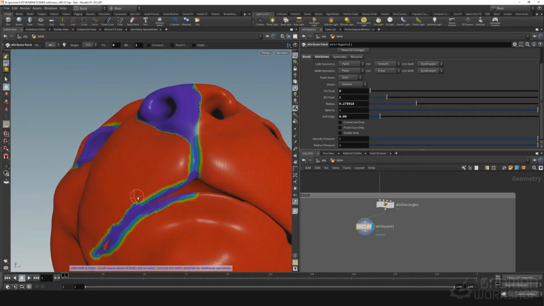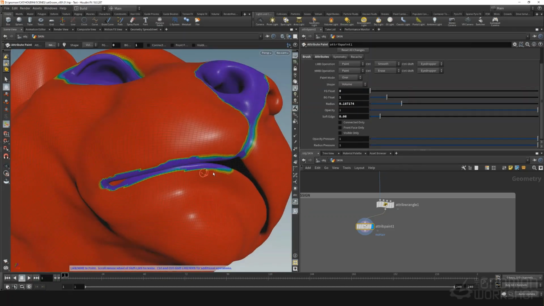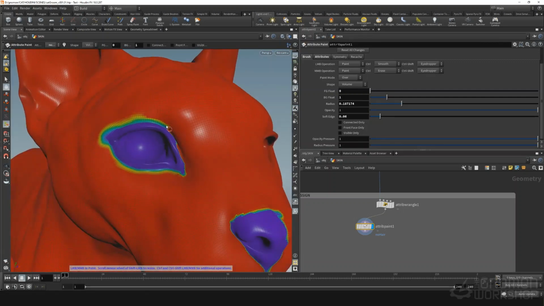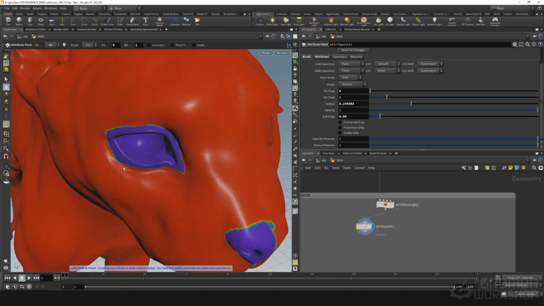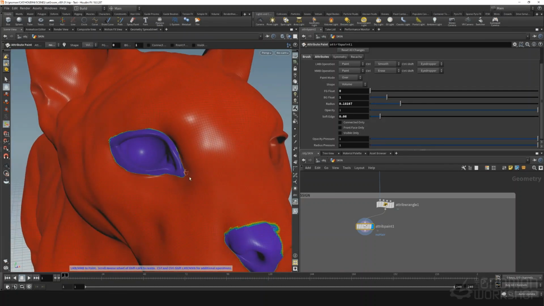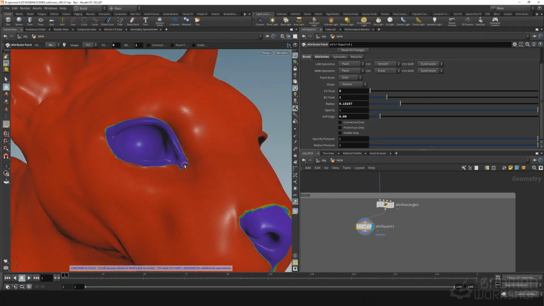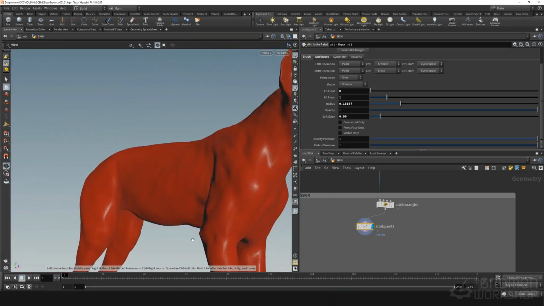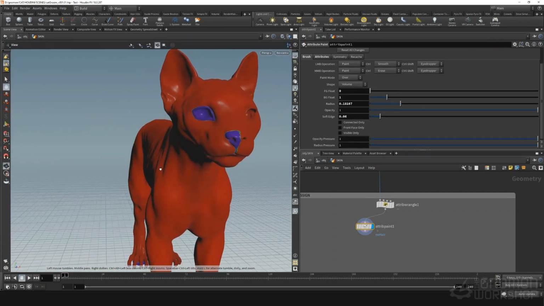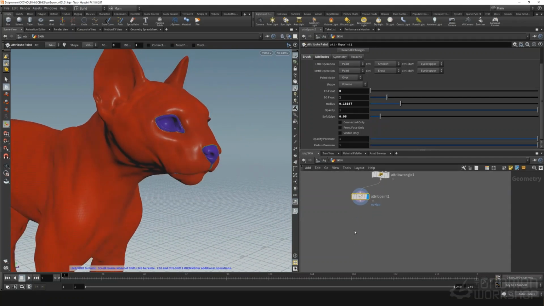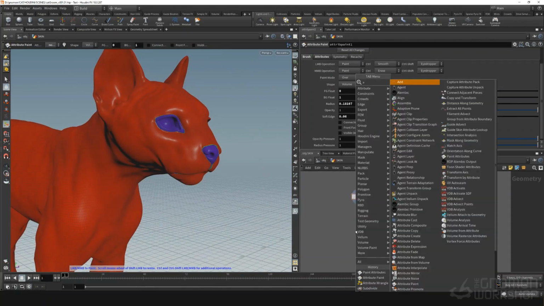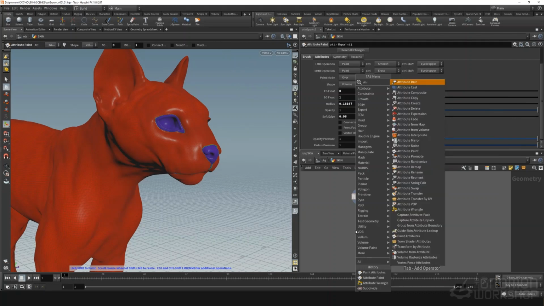So yeah, as you can see, I'm just painting one side of the face, because there are also symmetry options to mirror attributes over to the other side. There are also symmetry options in the paint node itself, but I like to go over the attribute mirror instead of these options, because they tend to be very slow, and you have to do the same for all the attributes. So yeah, first of all, we will drop an attribute blur,